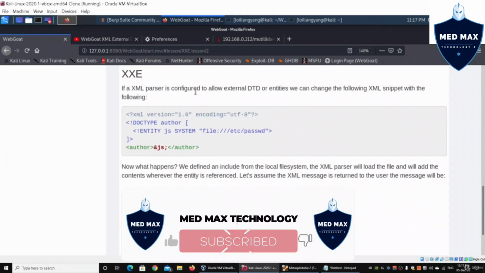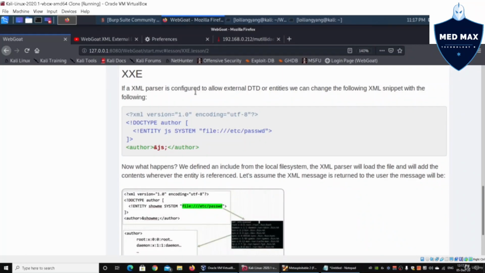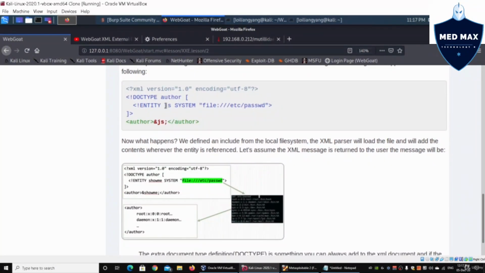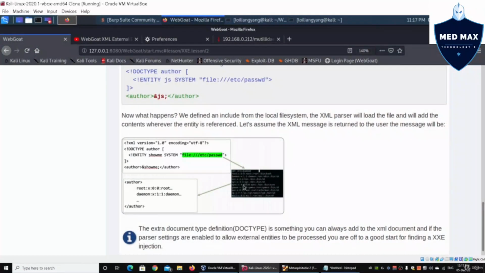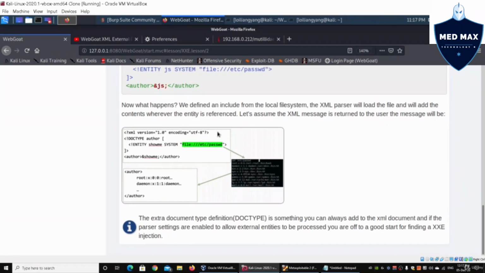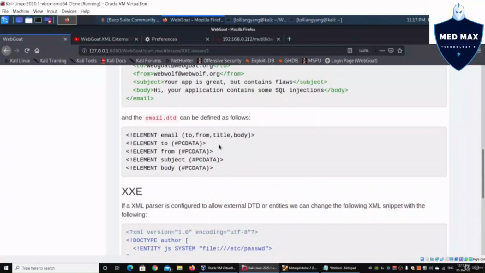If an XML parser is configured to allow external DTDs or entities, we can change the XML snippet as follows. As you can see here, what we are entering is &js; with SYSTEM and file:///etc/passwd. This will list down and help us enumerate the list of users inside the system. When you do this, it will run the instruction for us and return under &js; semicolon a list of users. Again, this allows us to run certain system commands and instructions, reverse shell, and so many different options for us to launch the attack from an XML